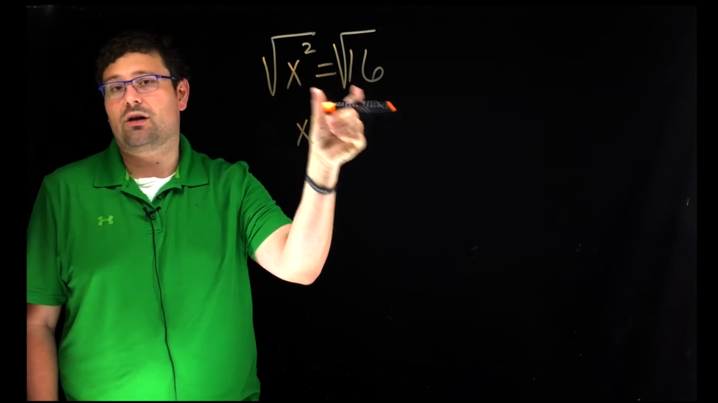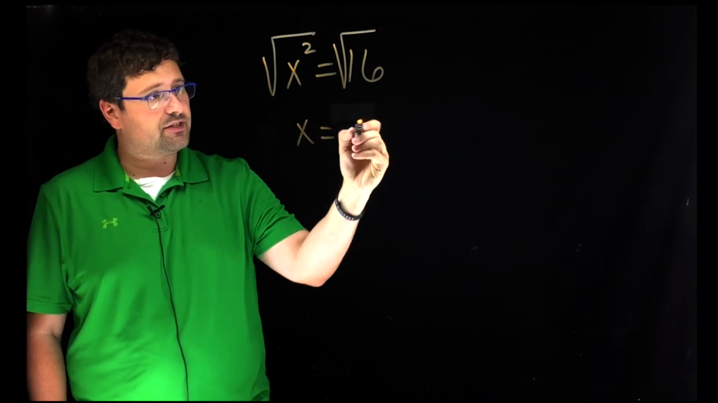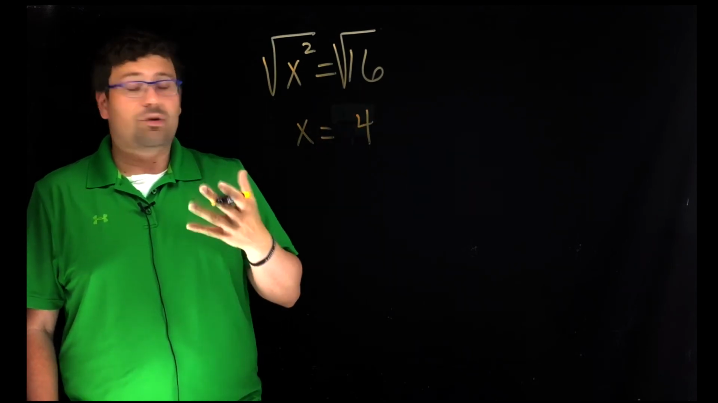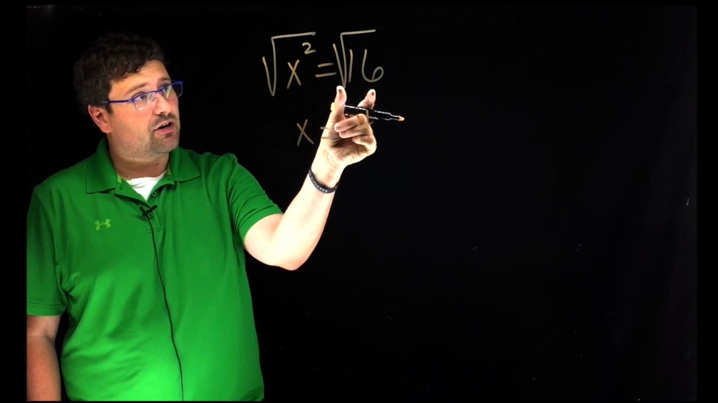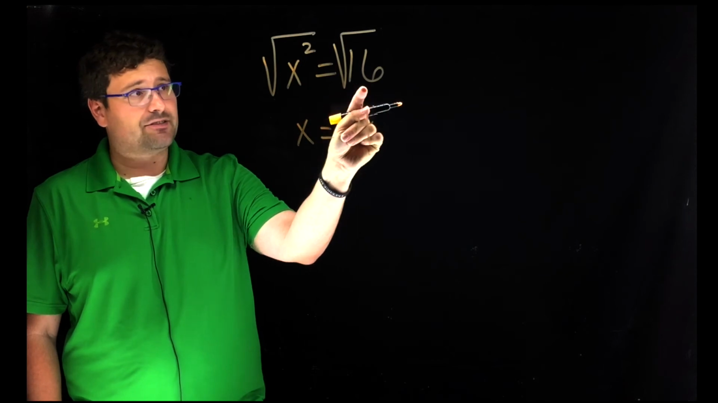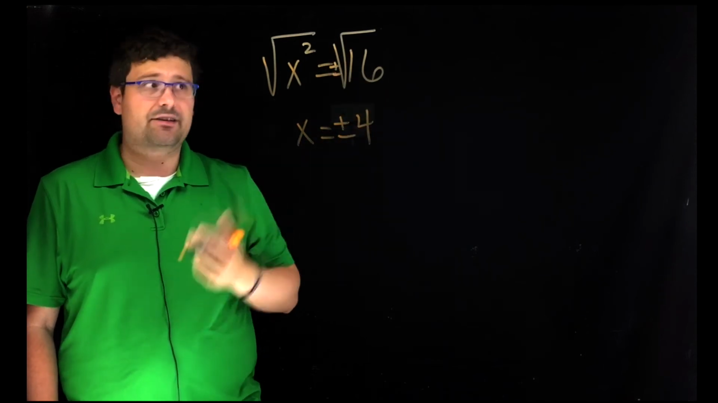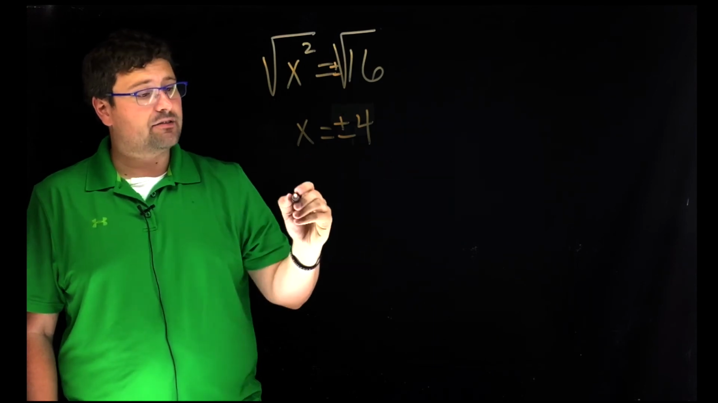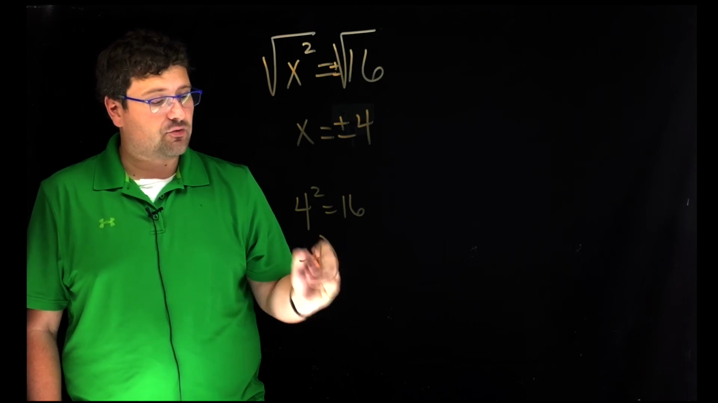Now here's the part where I see a lot of students make a mistake. A lot of students want to just put the square root of 16 and put 4. Once again, that works, but that's only a partial solution, because here I'm not just taking the positive root of 16. I'm taking the positive and negative root of 16, because 4 squared equals 16 and negative 4 squared equals